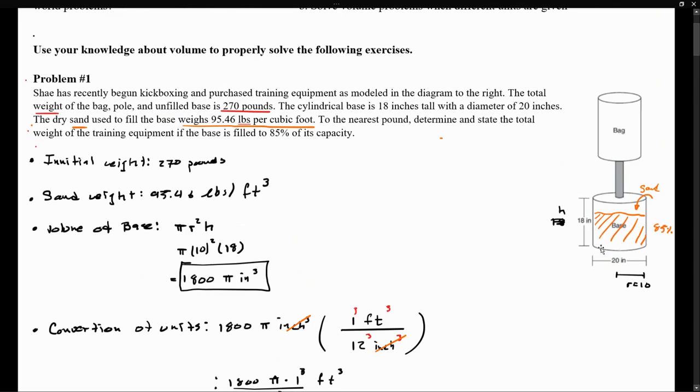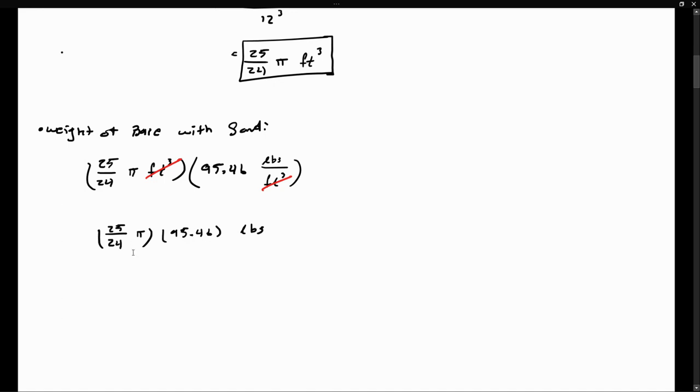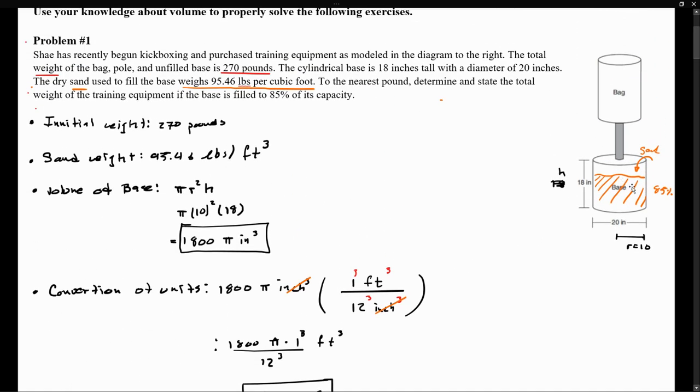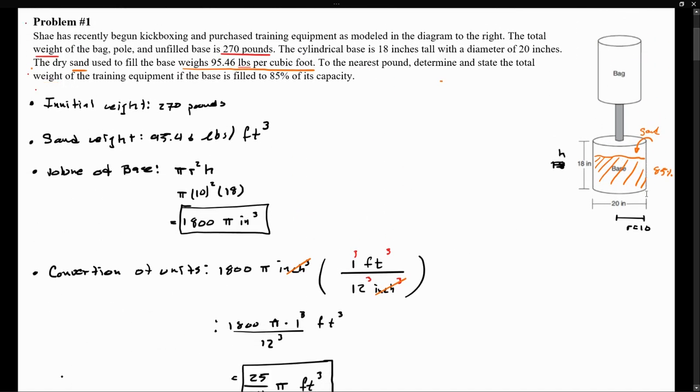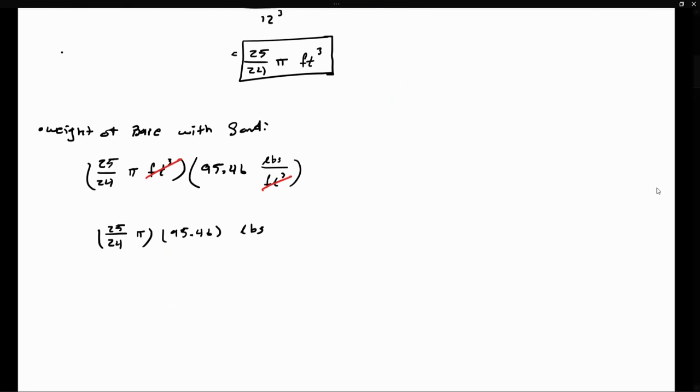But be careful with this statement now, because this is the actual weight of the whole base. So what we have found out is what would have happened if we would have filled in the whole base with sand. It would have been equivalent to this many pounds. But we don't want that. We want to know what is 85% of it. So to find 85%,